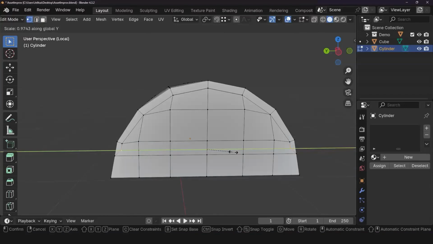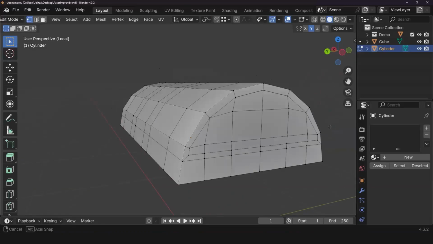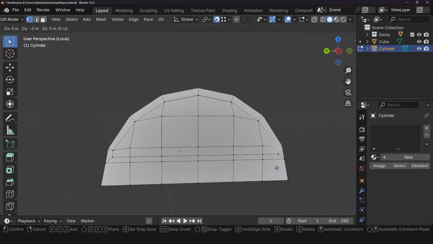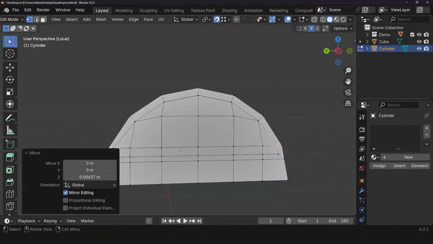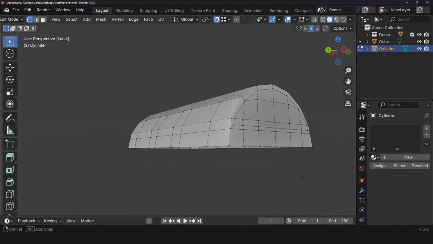That should give me pretty decent geometry. And I can turn on snapping, press G, Z, and I snap there. Not too shabby.